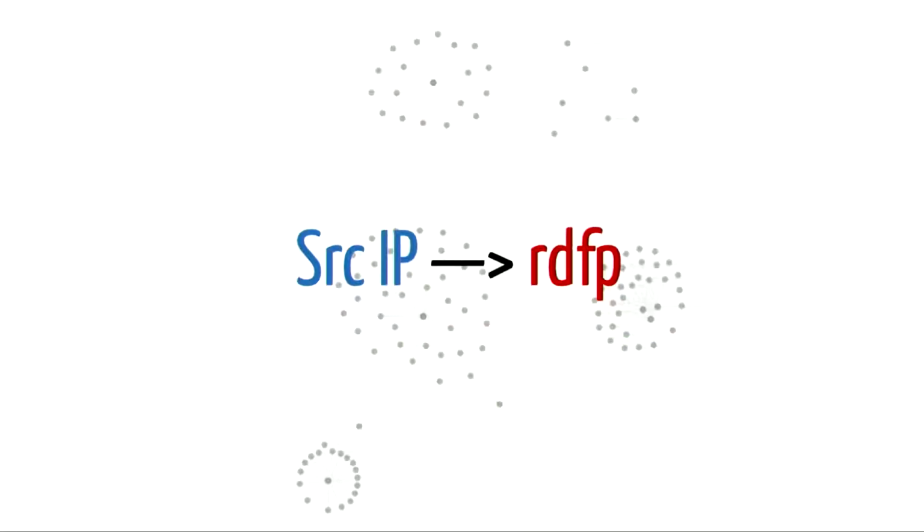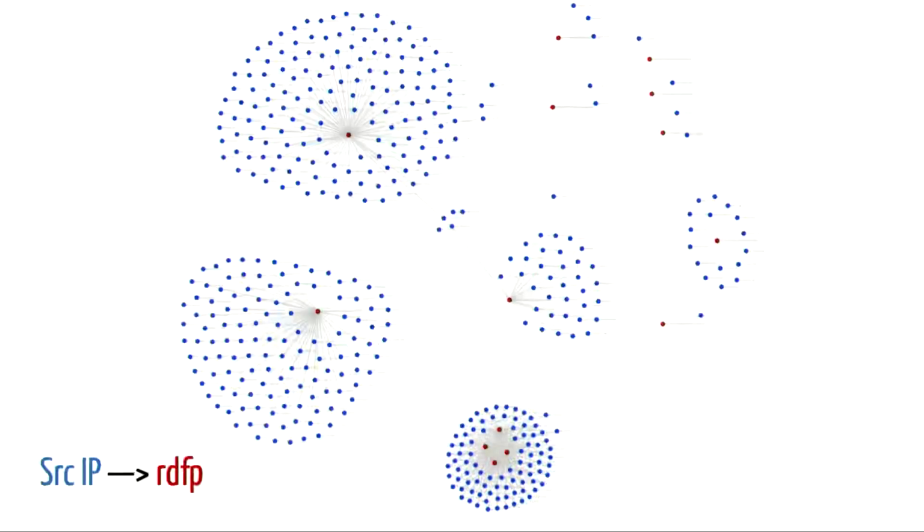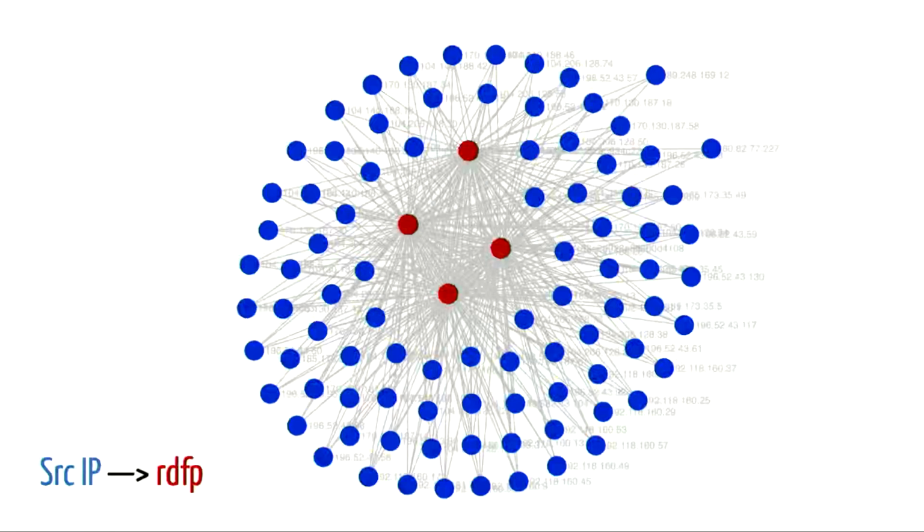Let's have a look at another example. This is the visualization of a data set I had for RDP, for standard RDP security. As you can see, we again have some clusters here. I'll have a look at 2 more interesting ones. One is this one, where we have many IPs, but all of them generate 4 unique